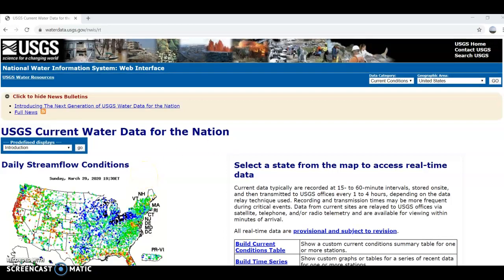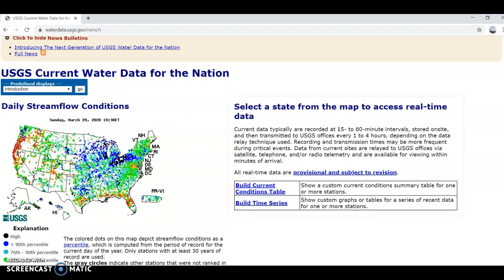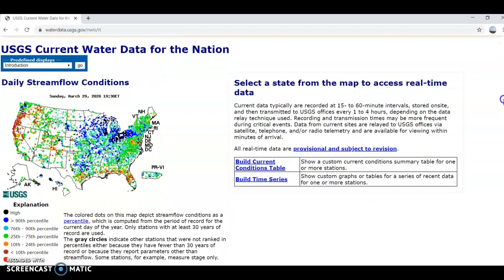And the dots are actually each dot is representing a gauging station across the country. And overall, they're color coded where they're compared to the historic data at each site. So blue and black means it's higher than typical water flows. Green is pretty close to average, and oranges and reds mean that there's a little bit less than normal water